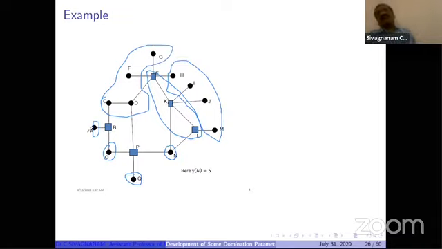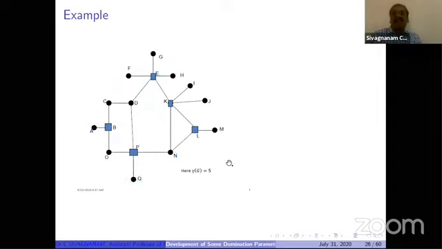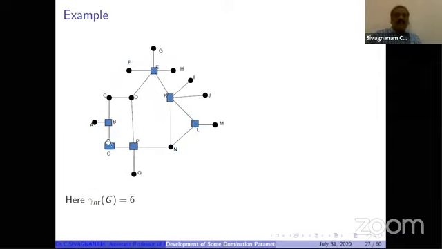So what is our definition? NS should not have an isolated vertex. Then only it is called a neighborhood total dominating set. So what I have to include here is this extra vertex O. Now automatically all the vertices are available in NS, so NS equals capital V. Automatically it is a connected graph, and at the same time it contains no isolated vertex. So gamma NT of G equals 6.